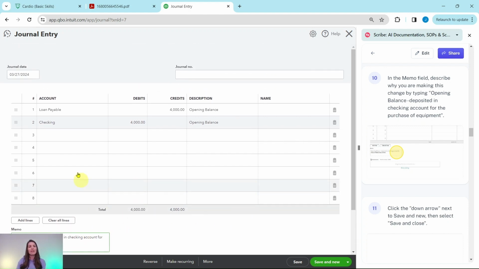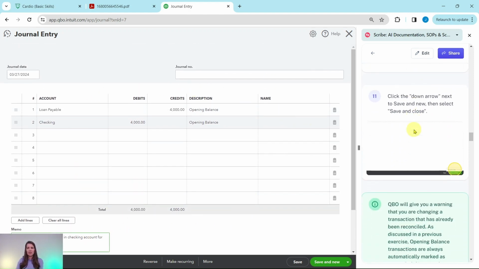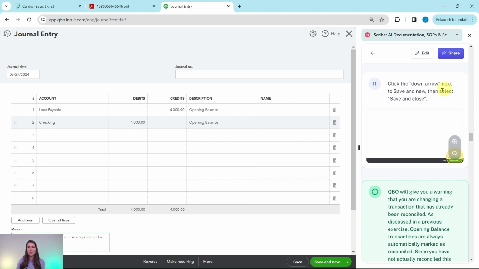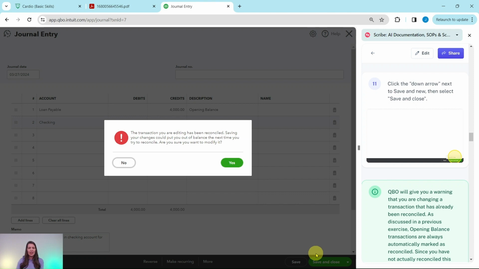So now we have fixed this journal entry. We are going to click on the down arrow next to Save and New and then select Save and Close. That down arrow over here on that green button, go ahead and click on that and then go ahead and select Save and Close. Now, as soon as you do that, you will get this pop-up warning from QBO,